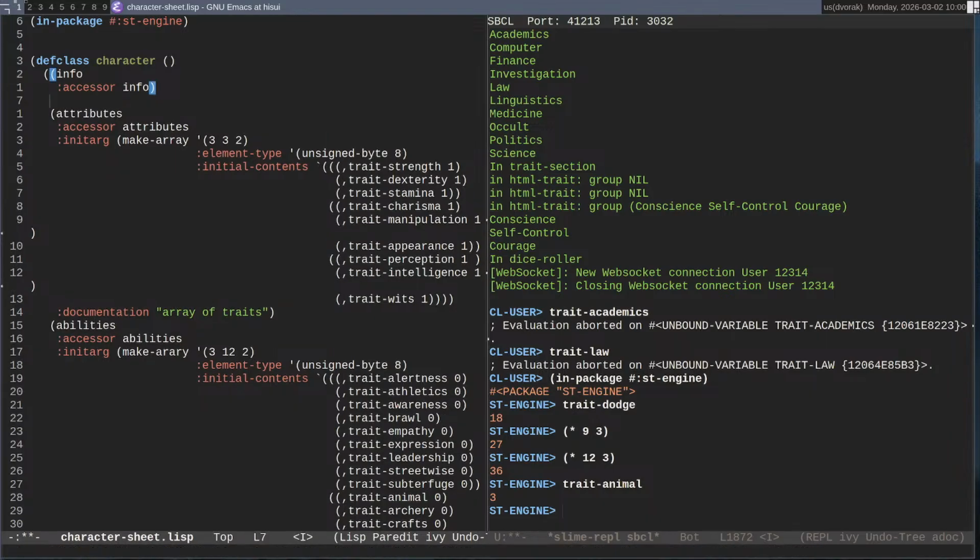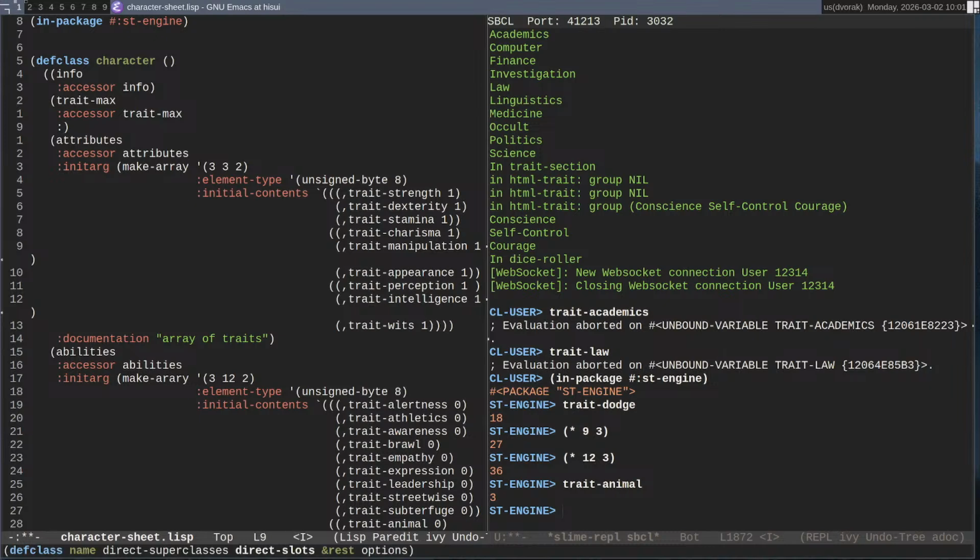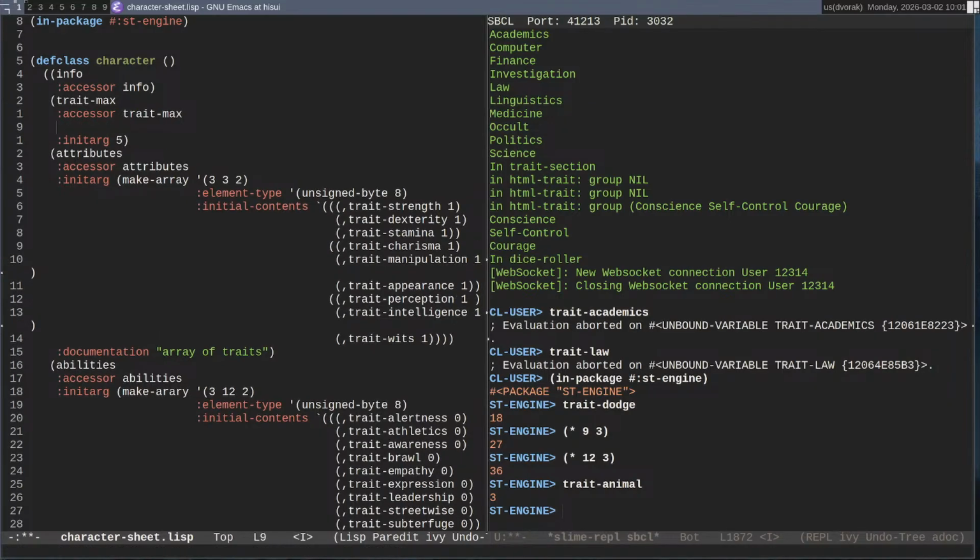I do need trait max, which is going to have an accessor of trait max, an initial argument of 5, and we will set the type to